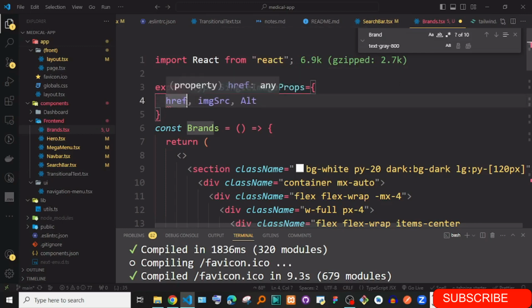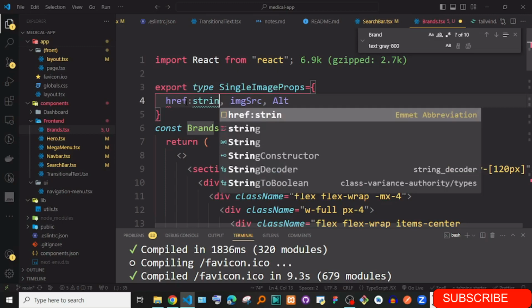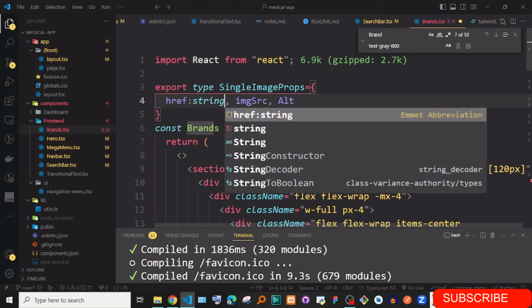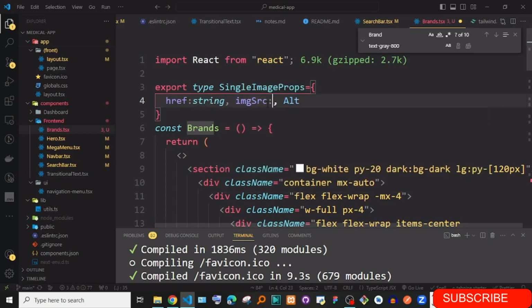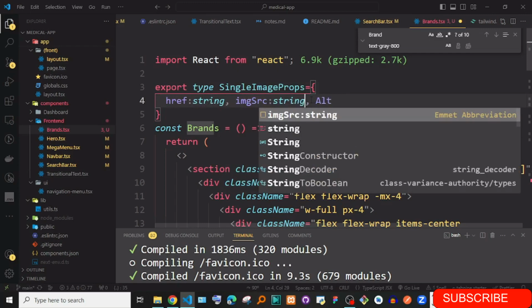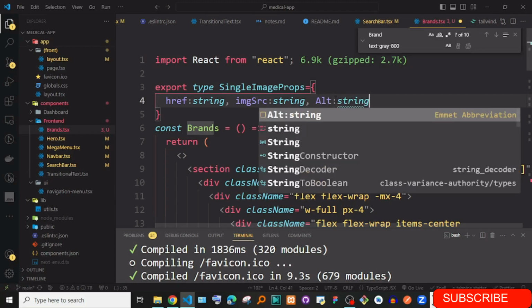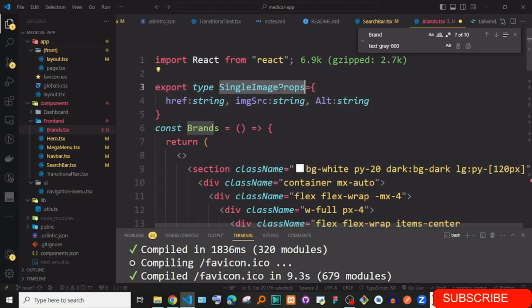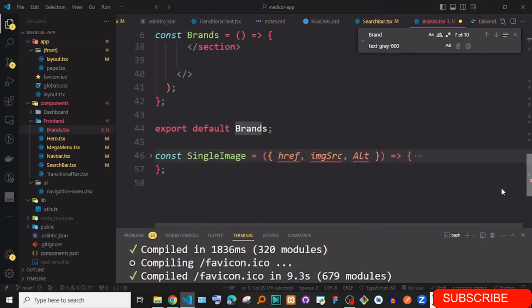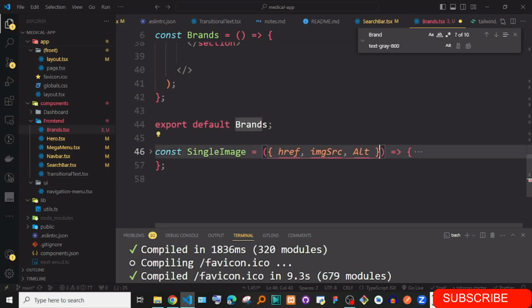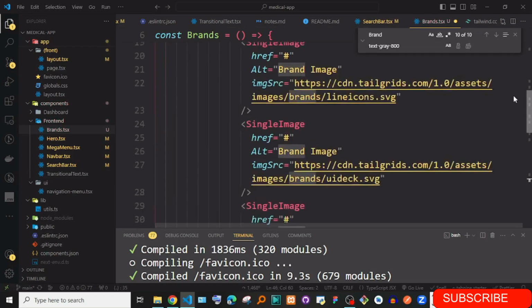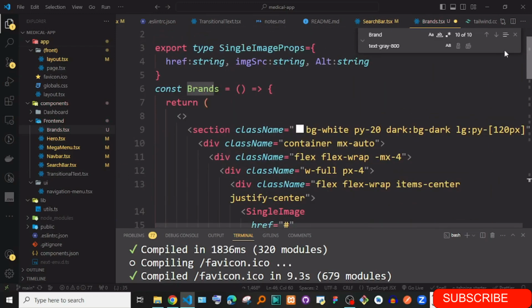So the href is string, image source is string, and even alt is string. And then let's just come here and add image props, just like that. Okay,